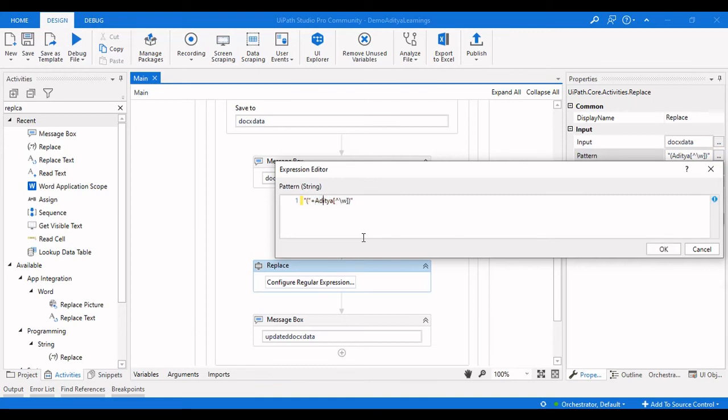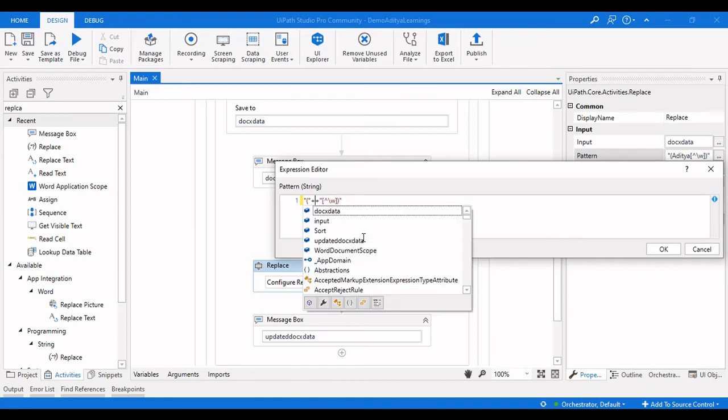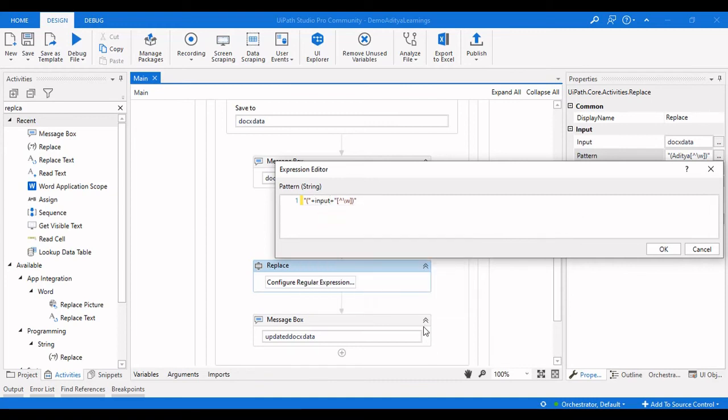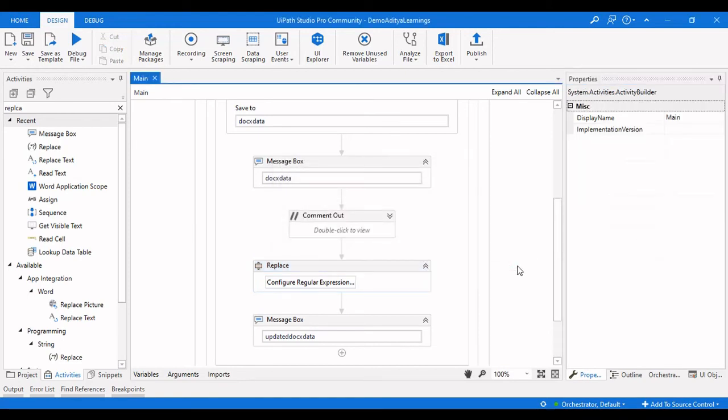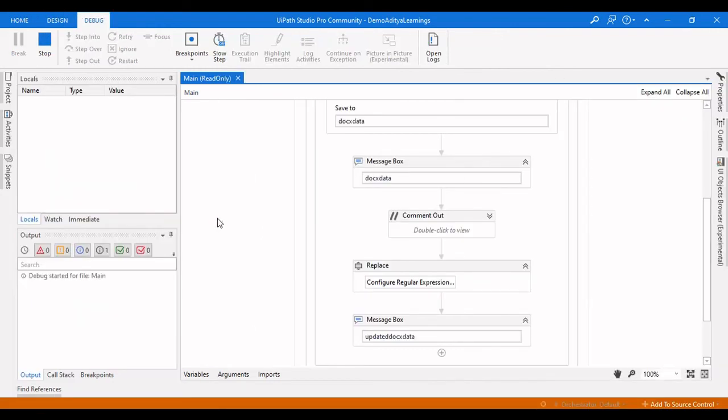So how we can do that is, instead of passing this, let us split this one. Let us take this and here, and let us take another place here, and then double quote, here in this Aditya, let us pass our variable. So that our variable is input. So this is how you are going to make this happen. So let me run this again and see whether it is doing exactly what is required, or it is doing any extra things that may not be required in this particular replace value.